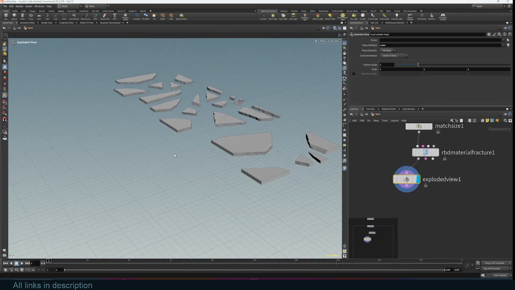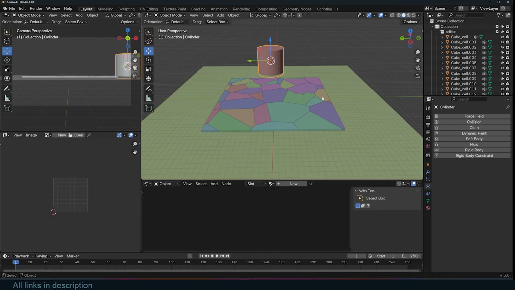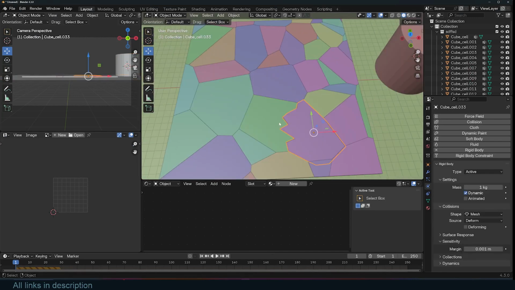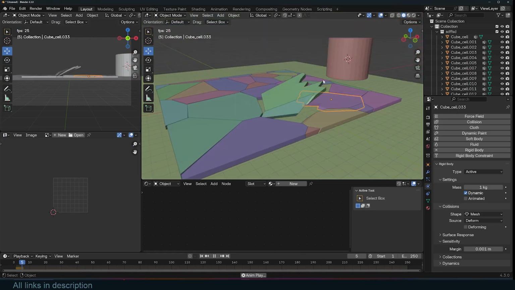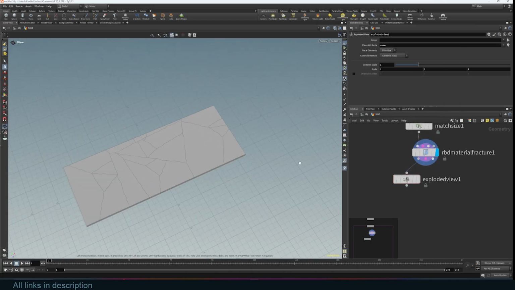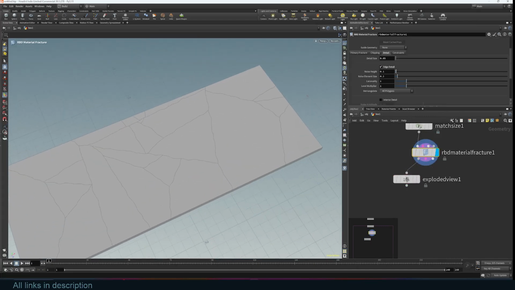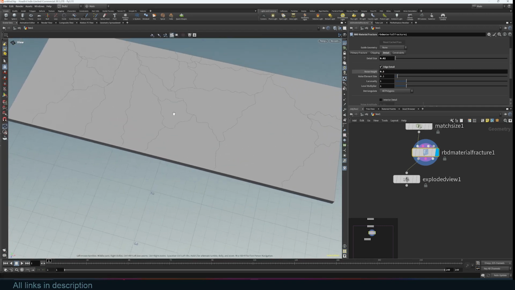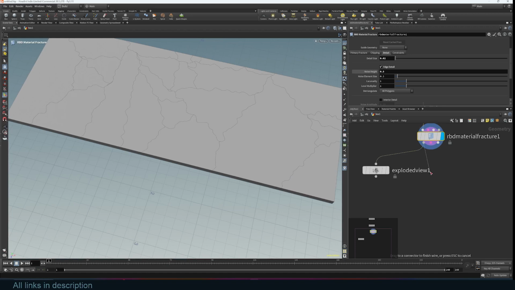So the purpose of learning Houdini is to do things that Blender struggles with, and one thing Blender struggles with when it comes to fracturing things like this is objects that interlock like this. Blender doesn't handle very well, and you can see these here, they're creating interlocks, and I can even go into the detail, adjust the noise height. Let's do 0.3. So you can see that we have that interlocking in here, and if I use an RBD